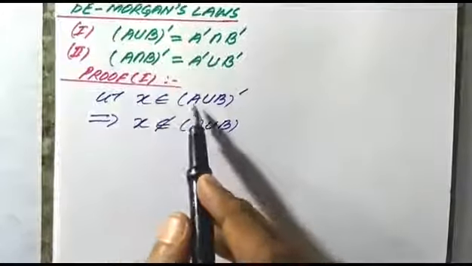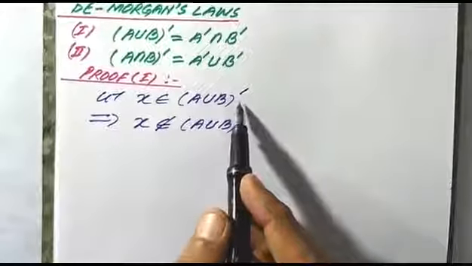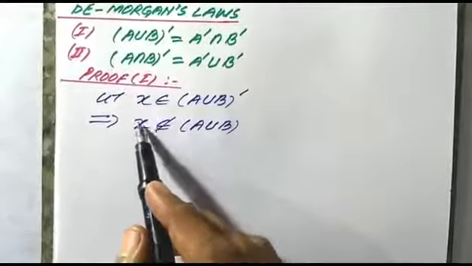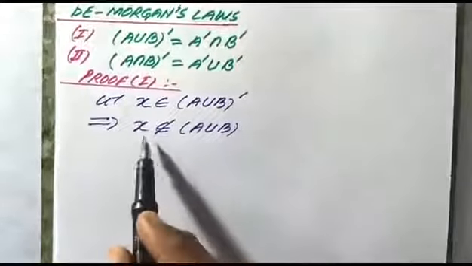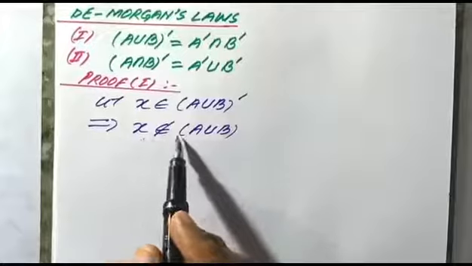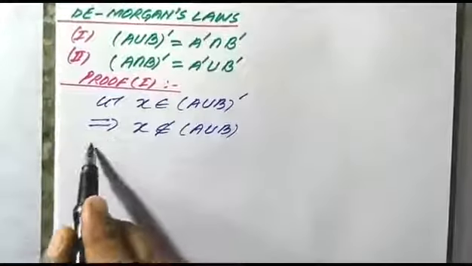So if X belongs to (A union B) complement, then X must not belong to A union B. It implies that